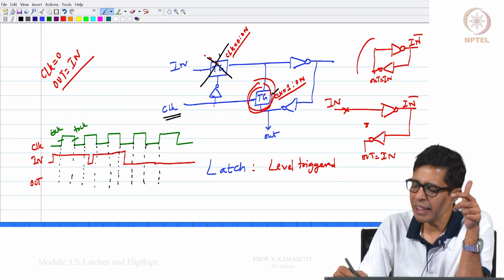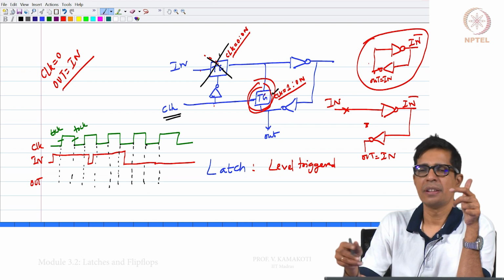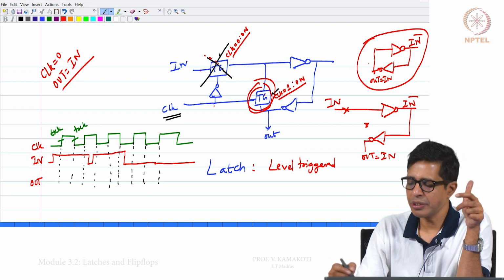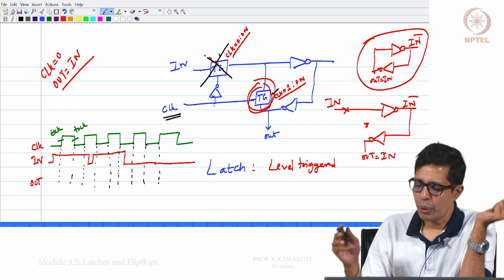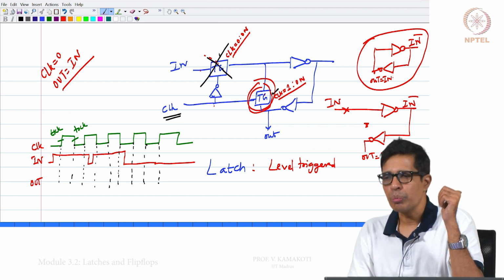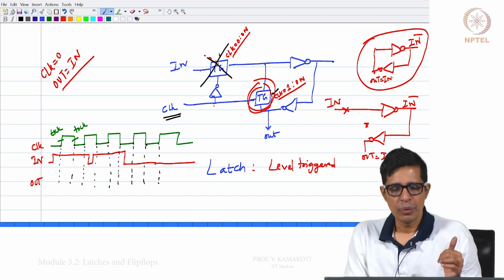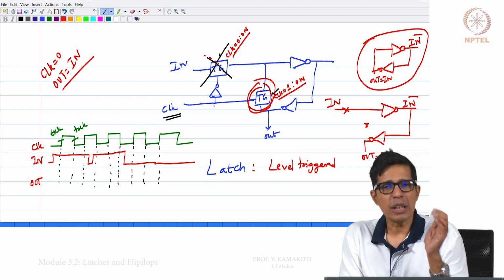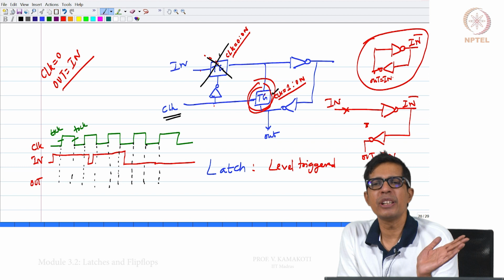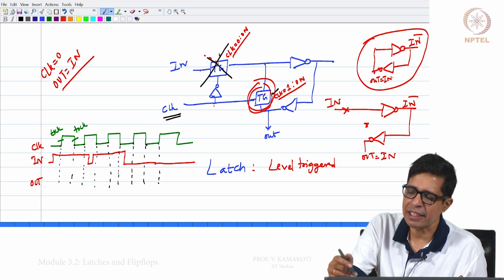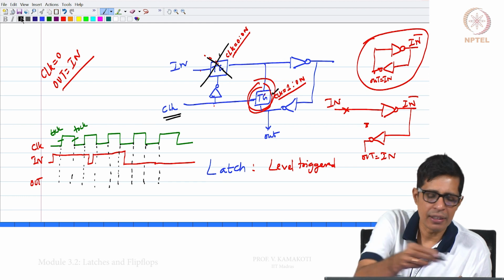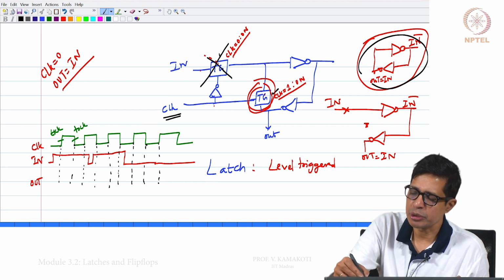So, this will be a stable loop, right. So, in bar, in bar, in bar, in. When the clock becomes 1, whatever was there just before it became 1 will be retained, and it will be going in circles in this particular circuit, as I am showing in black here.